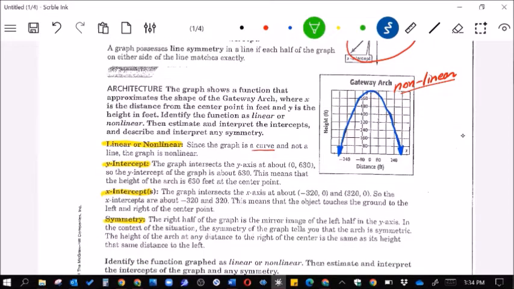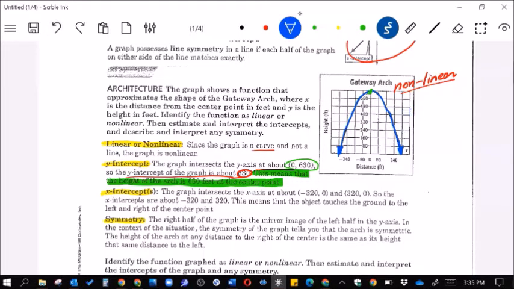The y-intercept is the place where it hits the y-axis. And they are saying here that it intersects the y-axis at approximately this point. Well, you have to do two things here. One of them is to give the actual point at about that, but you also have to explain it. So the y-intercept would be at 630. It's the y value that is the y-intercept. But you have to explain it. This means that the height of the arch is 630 feet at the center point. Or an easier way to say it is simply